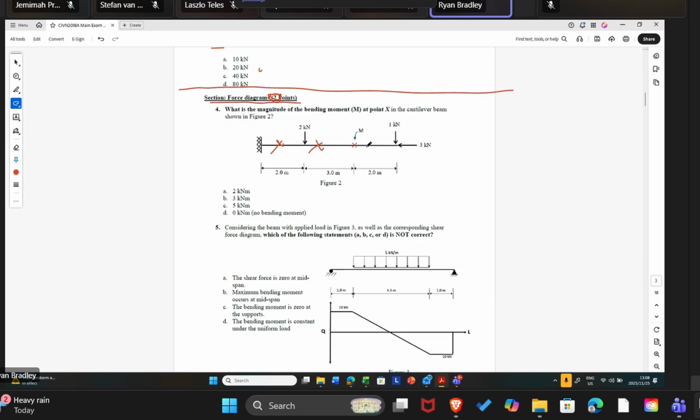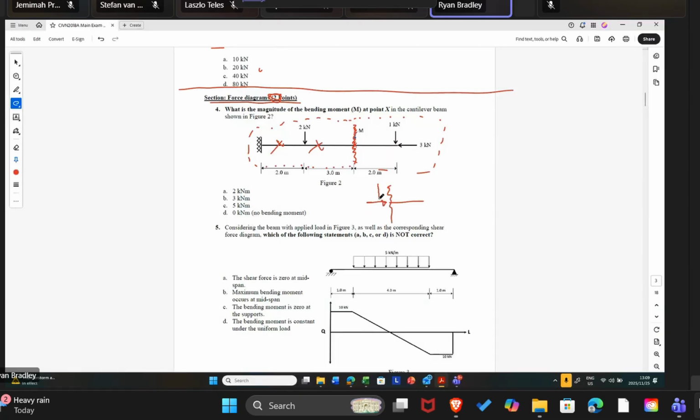We are interested in what the force is at this point. So all we have to do now is simply cut the structure at that point and either isolate this part of the structure, which would require us to work out the reaction forces, or isolate this part of the structure over here. And clearly it's in our interests in this scenario to isolate the right-hand side. So all we're going to do is cut the structure,